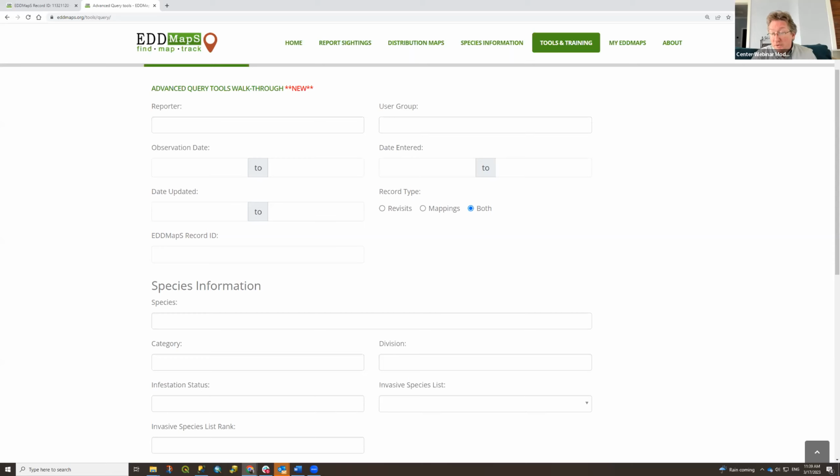That map's limited only to the 2022 data. So when people are going over to EDDMapS and looking at the county map that we have, we're showing it for all time, because just different pages, different purposes. So if you find yourself thinking, I want to be able to sort through the data myself, but maybe I want to use a map, yeah, we have ways to make those maps filter down to pretty much whatever you want to be able to do.